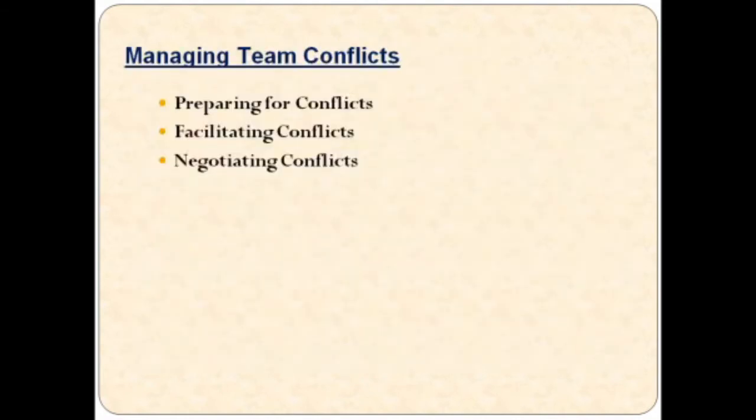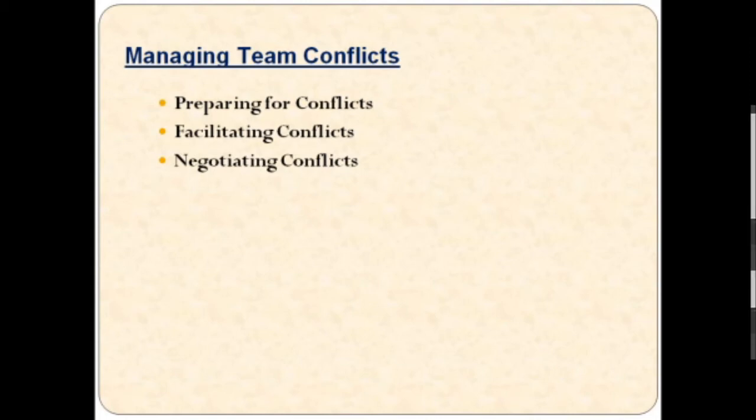Okay, now we move ahead with managing team conflicts. How can we manage conflict in a team? Teams can prepare for conflicts by creating an environment that allows for dealing with conflicts without creating emotional and relationship problems. Mediators or facilitators can help team members to manage their conflict by controlling communications and building trust. Managing conflict requires using negotiating tactics